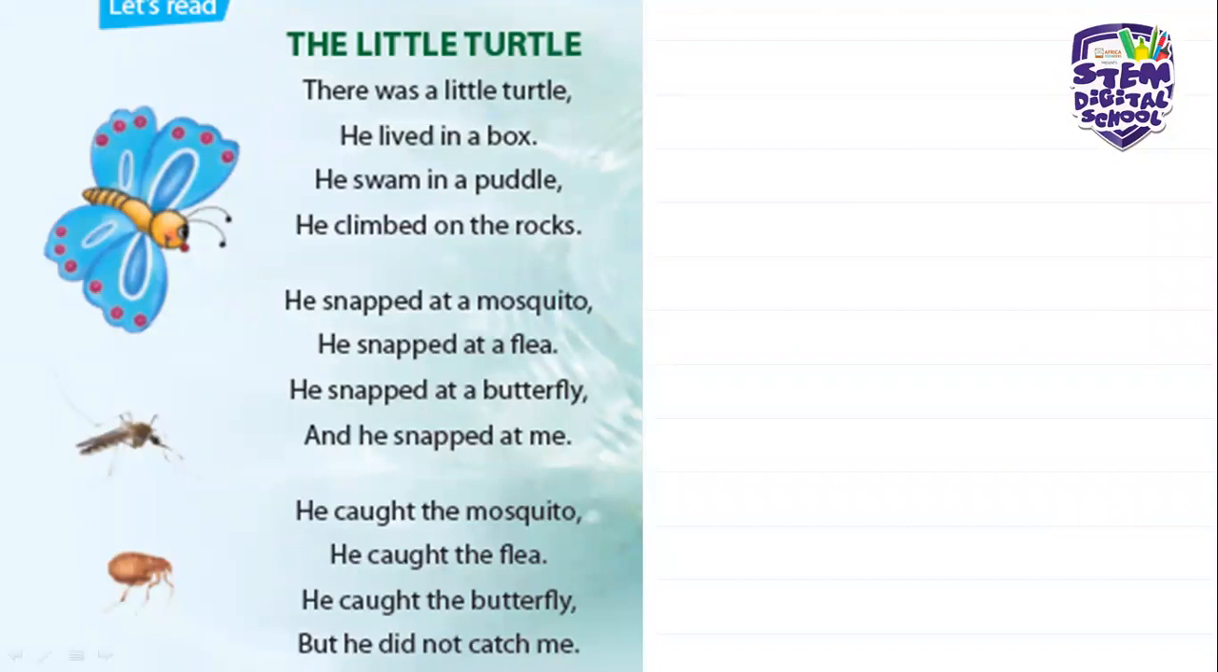So this is the first poem, The Little Turtle. There are rhyming words here, but you'll see that the rhyming words aren't underneath each other. There's a line that skipped, like turtle and puddle, box and rocks, flea and me. There's something important that I want to show you here. That's why I decided on this poem. I know it's short and a little bit